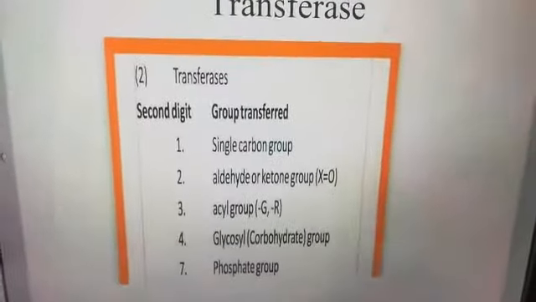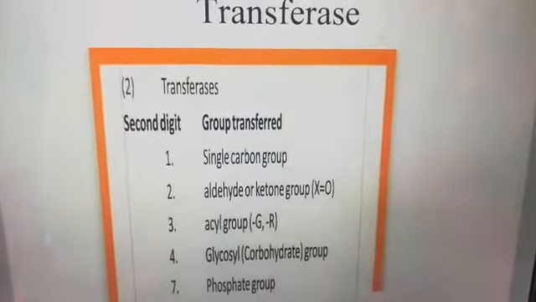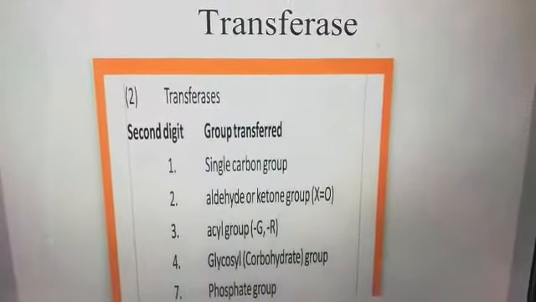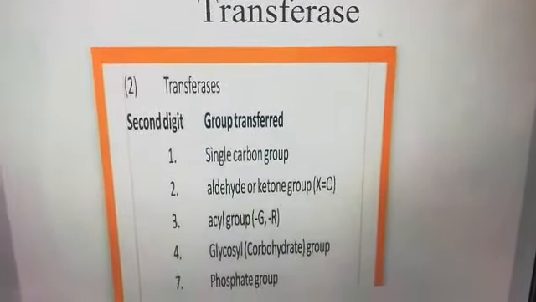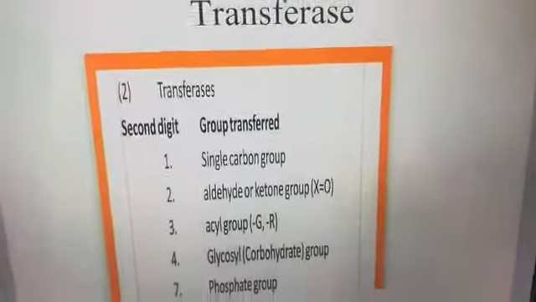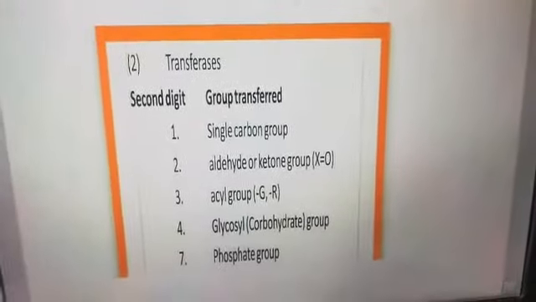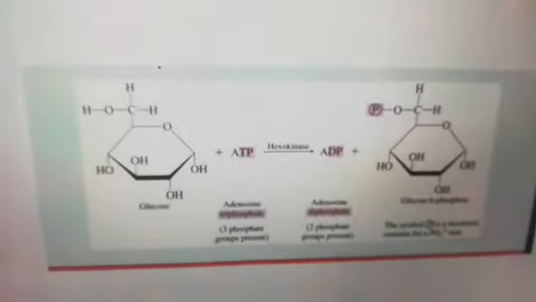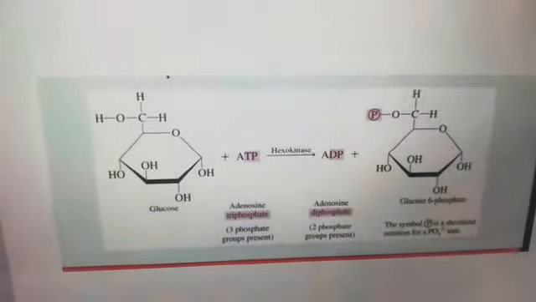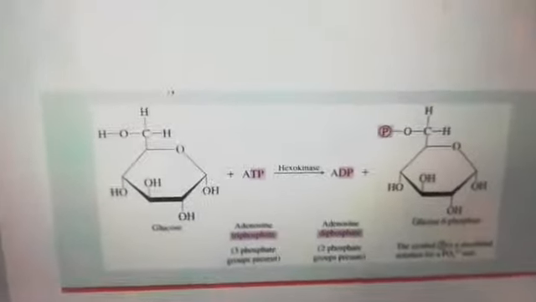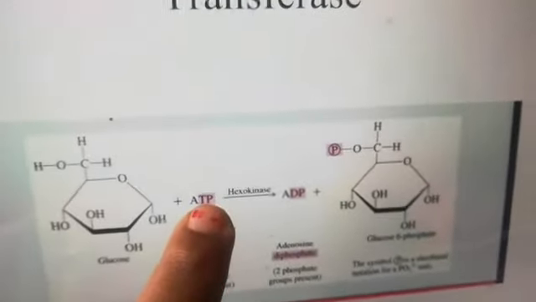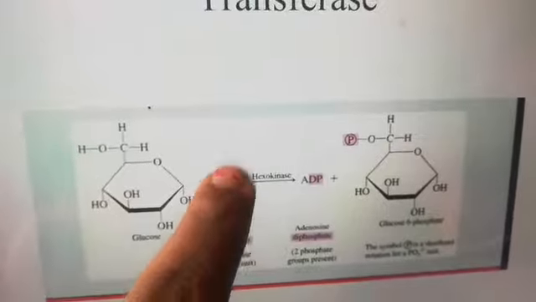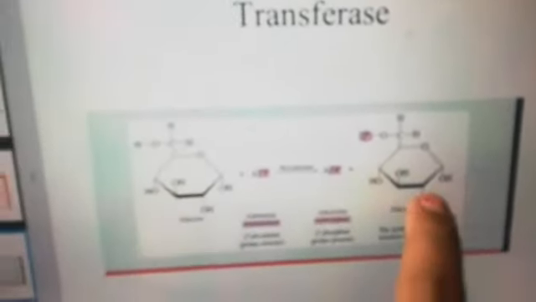Now coming to transferase enzyme. Transferases are the second major class of the enzyme. As the name indicates, a transferase enzyme is going to transfer a particular group from one molecule to another molecule. An example of transferase we have already discussed, a very well known example is hexokinase. What is hexokinase doing? Hexokinase is transferring one phosphate group from ATP to glucose and converting glucose into